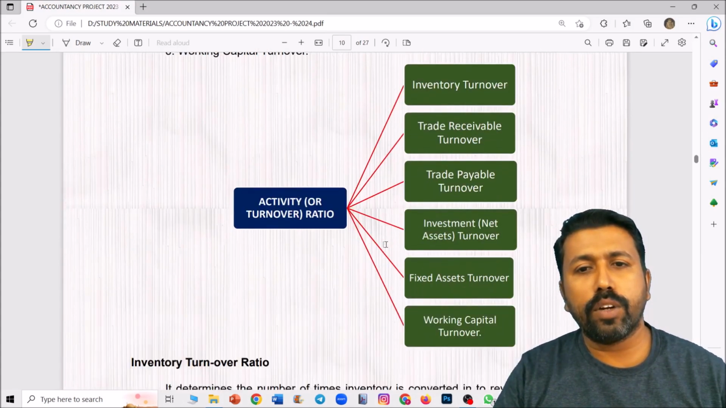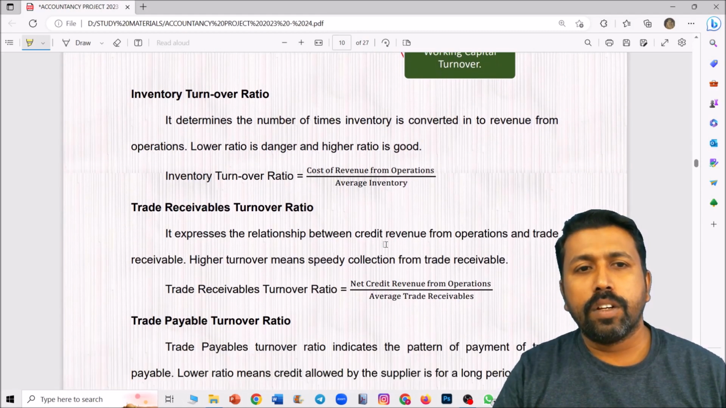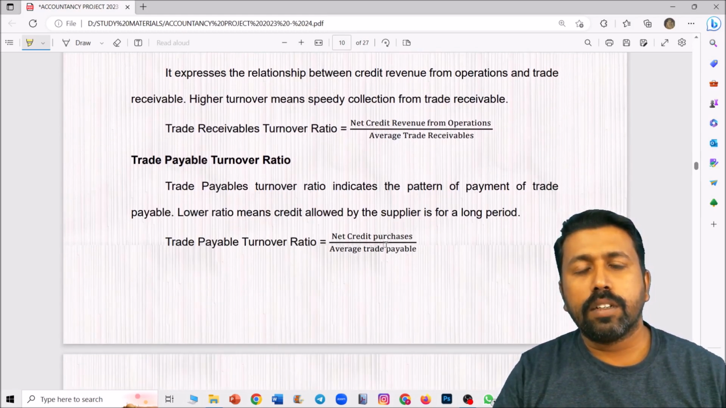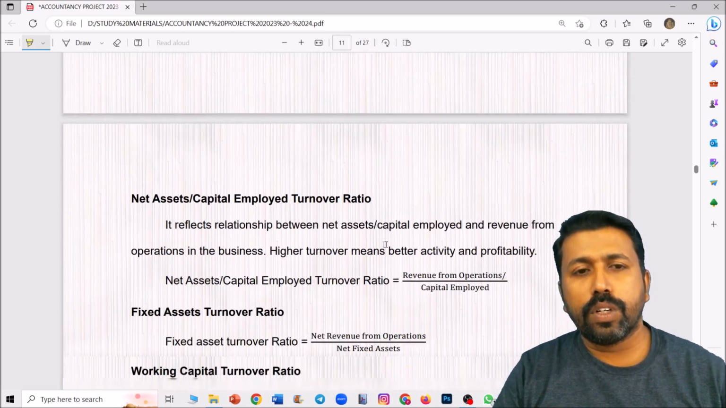Activity ratio is also represented in the form of a flowchart. Please remember the very important ratios: inventory turnover ratio, trade receivable turnover ratio, trade payable turnover ratio, investment turnover ratio, fixed asset turnover ratio, working capital turnover ratio. Kindly remember, give maximum explanation and don't avoid the equations. It will help you to give a quick response to the teachers at Viva time. So keep in mind,